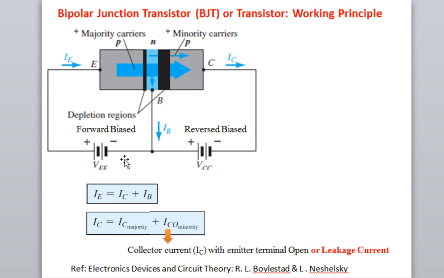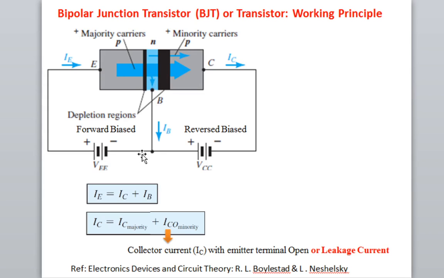and then a current will flow, that is known as the base current. Similarly, when holes are diffused from emitter to base region, there will be a deficiency of holes. So in order to maintain the charge neutrality condition, the positive terminal of the battery will inject positive charge into the emitter region, so a current will flow, that is known as the emitter current. This is the direction of the emitter current. Current will flow in the direction of the hole, and electron current will flow in the opposite direction of the electron.